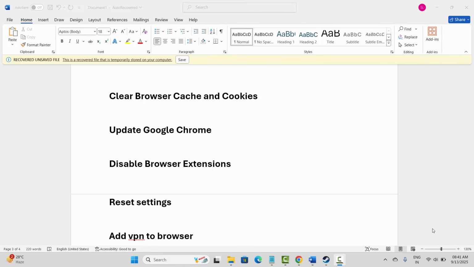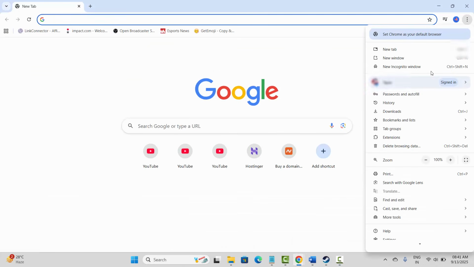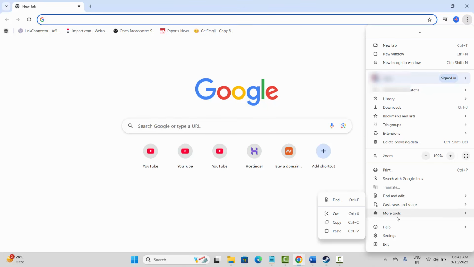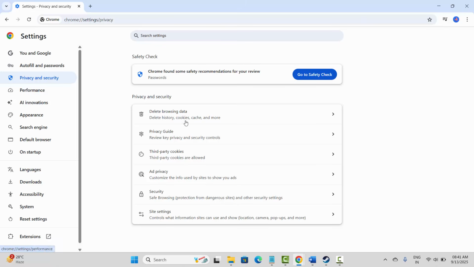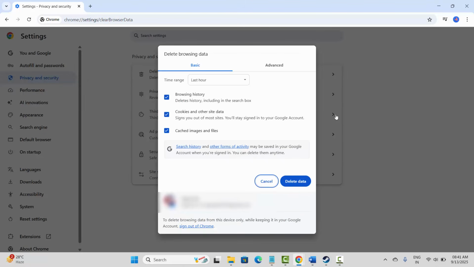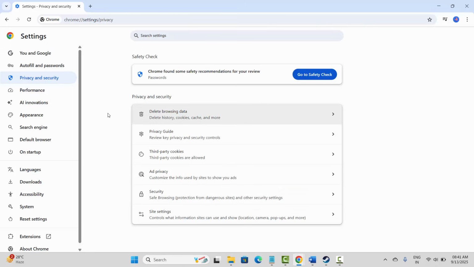So the first method is to clear the browser cache and cookies of Chrome. Launch Chrome, then click on the three dot icon, then click on settings. After that click on privacy and security. After that click on delete browsing data, and from here you need to click on delete data. After this, check if the problem is resolved. If not,